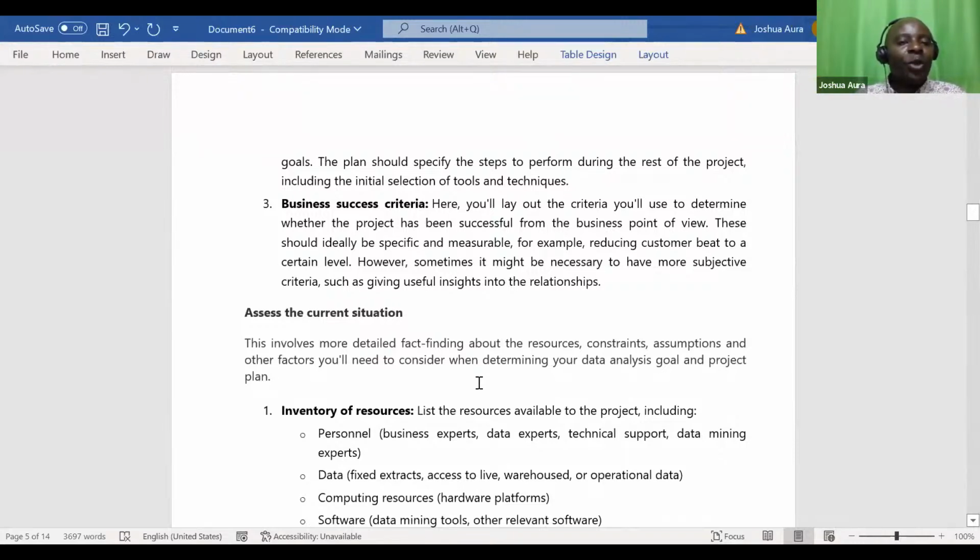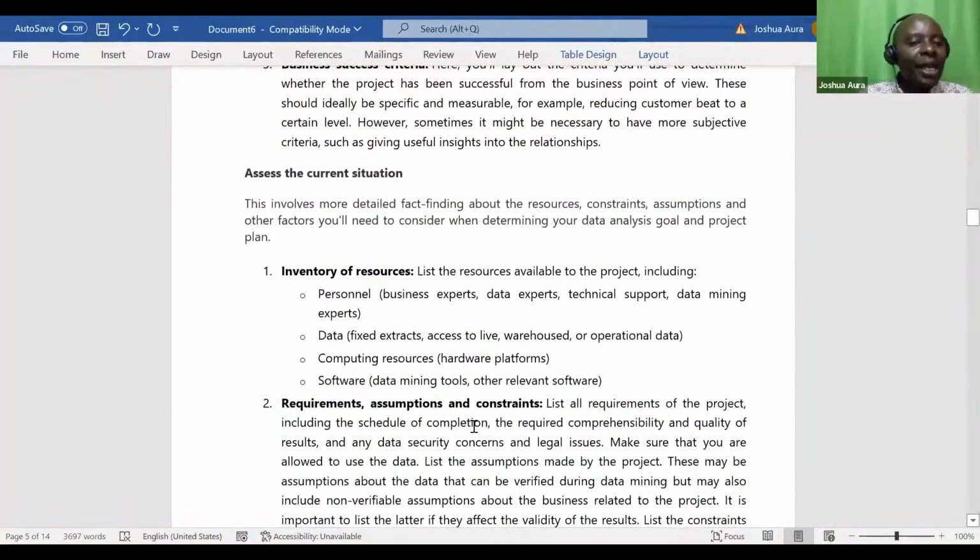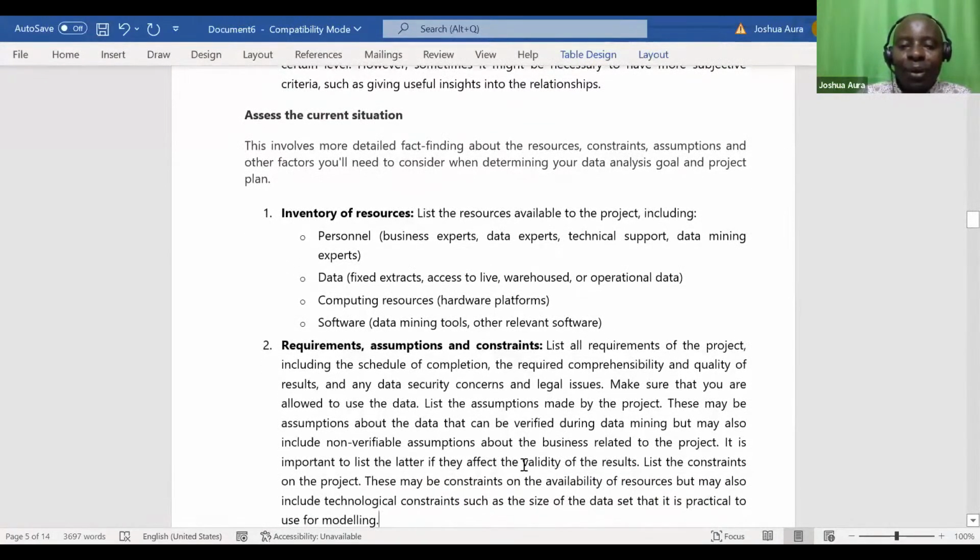So the current situation, you're looking at your SWOT, your strengths, weaknesses, right? Inventory of resources. List the resources available for the project, including personnel, data, computing resources, hardware platforms, software, right? Requirements, what is required of me? What assumptions are we going to make? What are the major constraints here? List all the requirements of the project, including the schedule of completion, the required